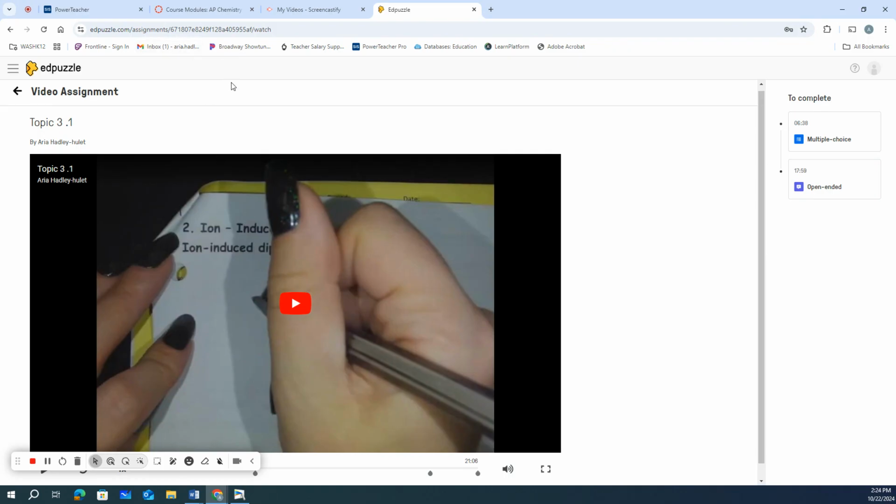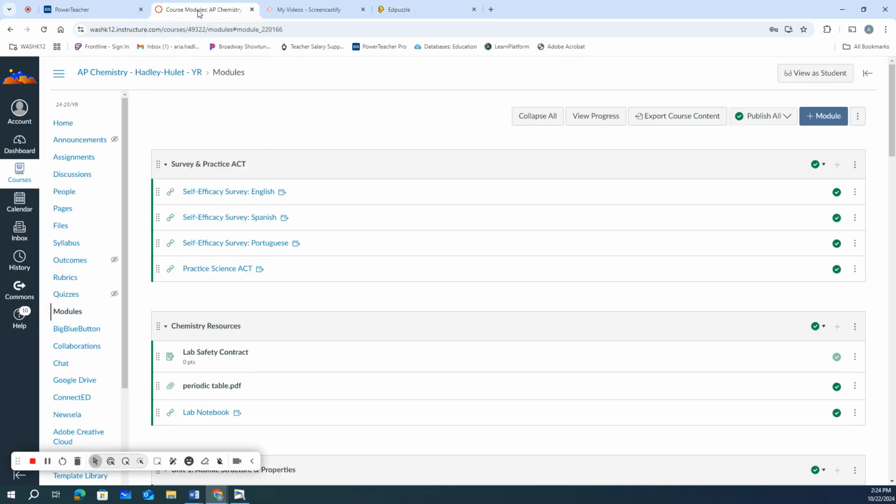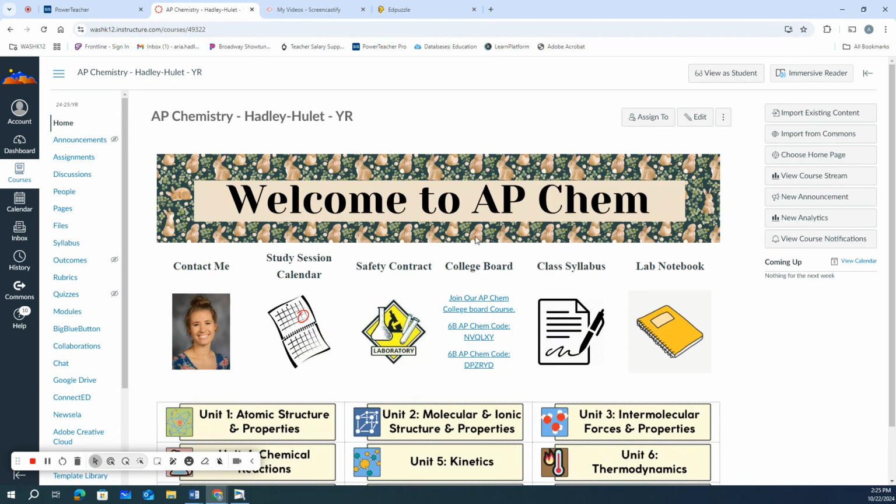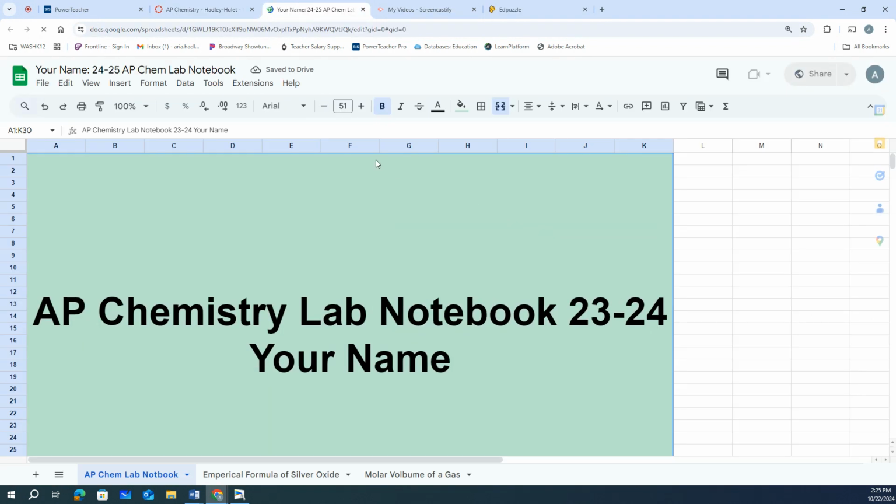Awesome. The second thing I need you to do is to turn in your lab write-up on your digital lab notebook. So you're going to go to Canvas, and when you log into our Canvas, it'll take you to the home page here. And the home page has lab notebook right there. And we used this before when we made a copy of the lab notebook. So you're going to click on this. And this is going to be my main copy of it.